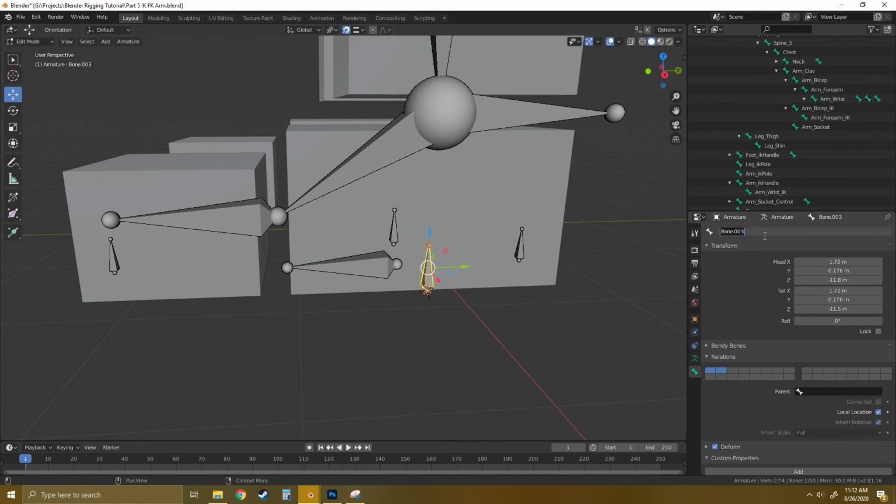This one can be foot rig. We're going to call this foot roll left, or why don't we just call this left roll? And this one will be the same thing: foot rig right roll. Okay, and this one's going to be called,